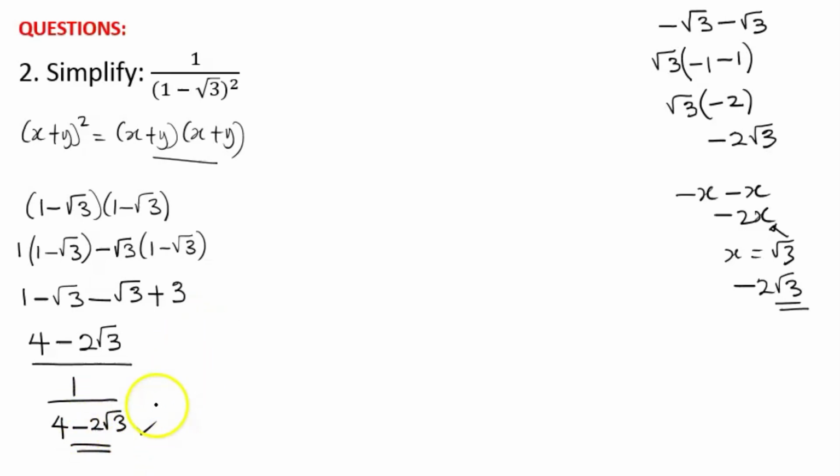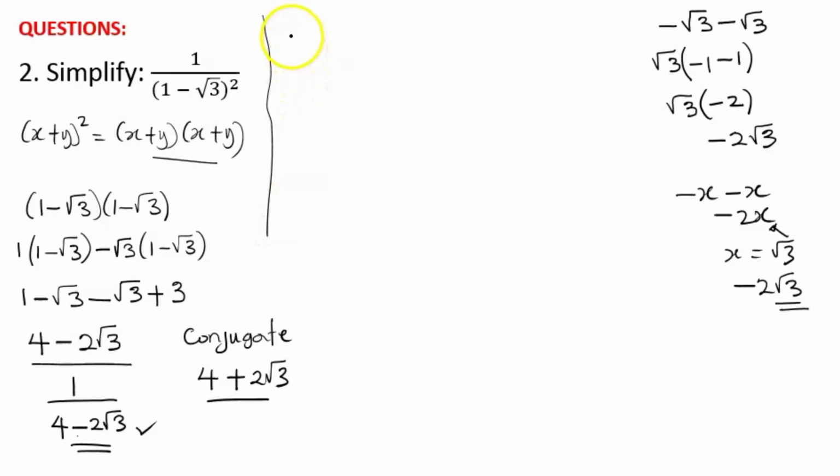So what is the conjugate of this denominator? I believe we can do that. The conjugate of this denominator now is going to be 4 plus 2 root 3. I told us it's just the sign in between that you are going to change. All right. So let's now solve the problem. We have 1 divided by the whole of this denominator, which from our simplification is now 4 minus